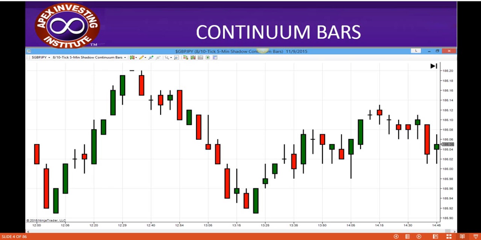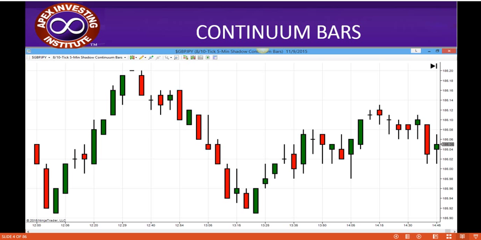So first thing we're looking at here, continuum bars. What are continuum bars? Some people will say, are these minute bars? Are these 5-minute bars, 10-minute bars? What are these? Well, these are tick based bars. Okay, and if you look right here, you'll see as an example 8 and 10 tick 5-minute bars. Well, what does that mean? Well, basically,